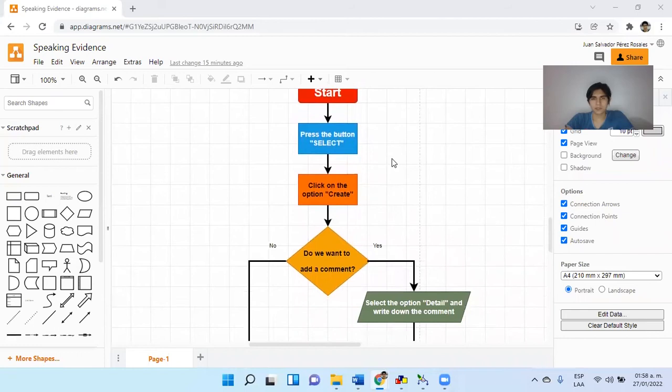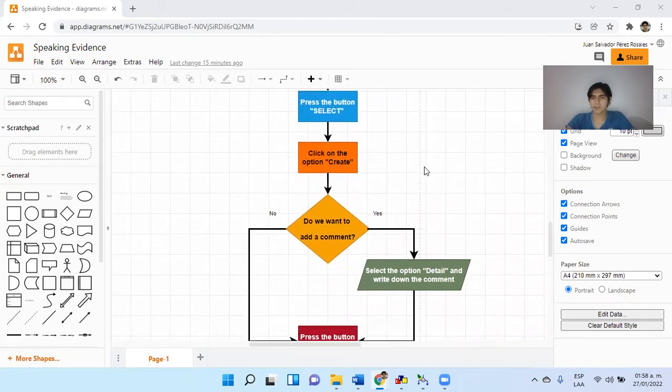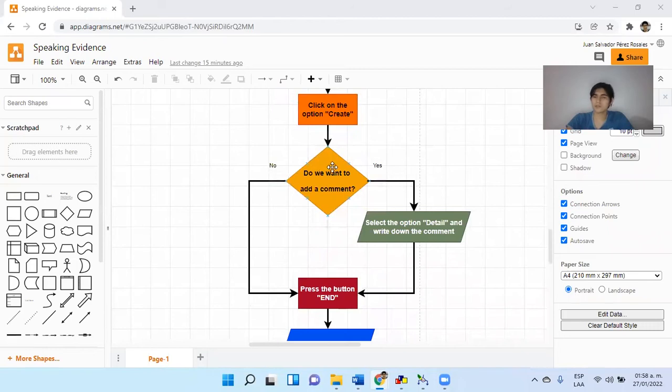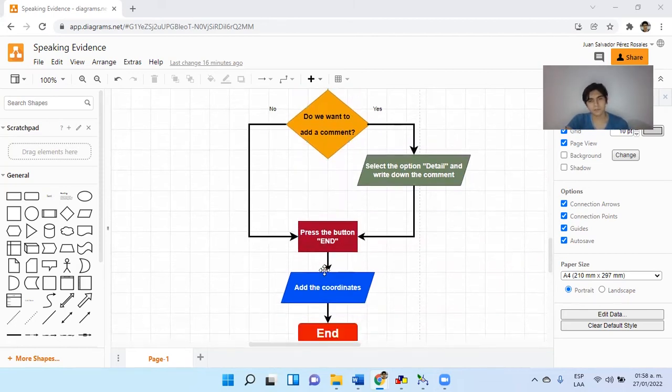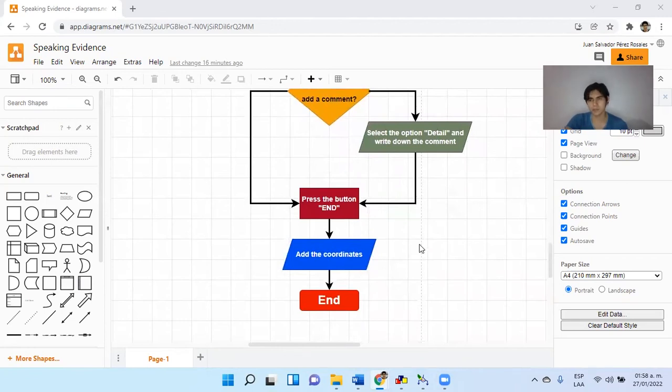And well, first we have to press the select button. This will open up a menu where we have to click on the option create. Then we will see a message that will ask us if we want to add a comment to this routine. And well, if yes, we have to select the option detail and write down the comment. And if no, we just have to press the button end, and this will lead us to the actual